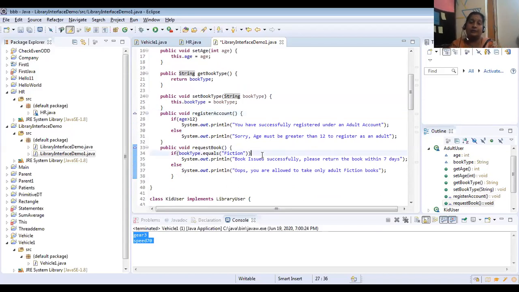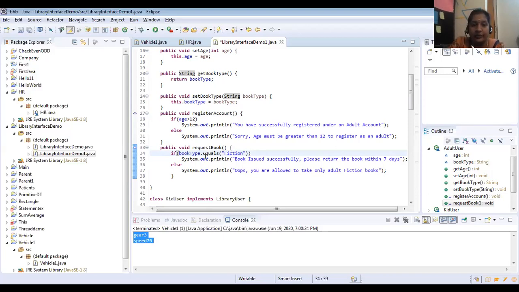Already I told you in the last video, when we were discussing the object class, I told you when you are going to compare two strings, don't use double equals, because it will check the reference of the object, it will not check the content of the object, so that it will give you false. So when you are going to compare two strings, always use dot equals of method. Okay.